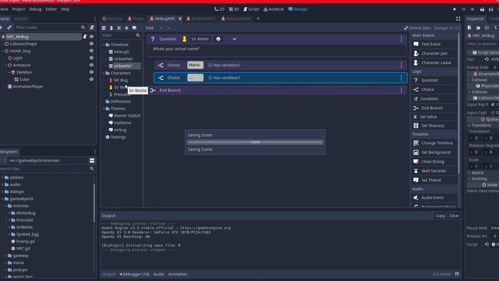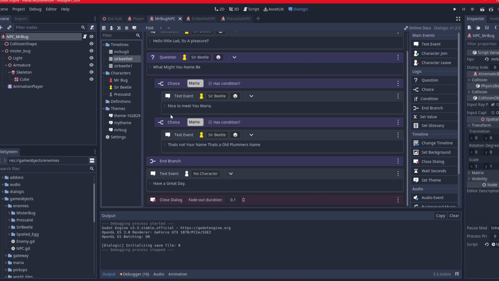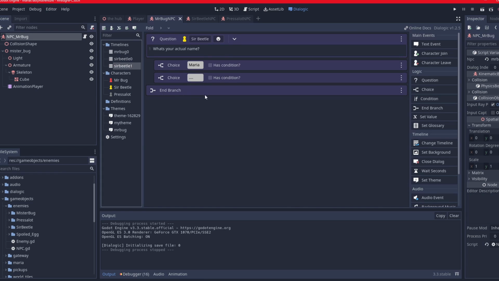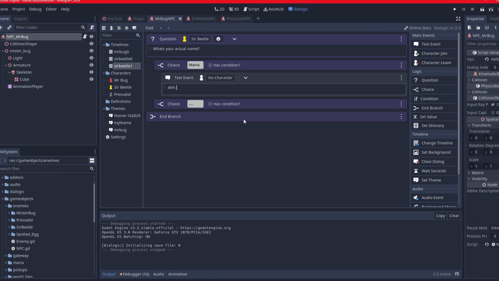So save. Let's go back to the first one. Then let's say that's your name. That's an old player's name. And then you click on change timeline. Then let's select this timeline, timeline 2. Then we go back to timeline 1. Then go back. Then we could say, nice